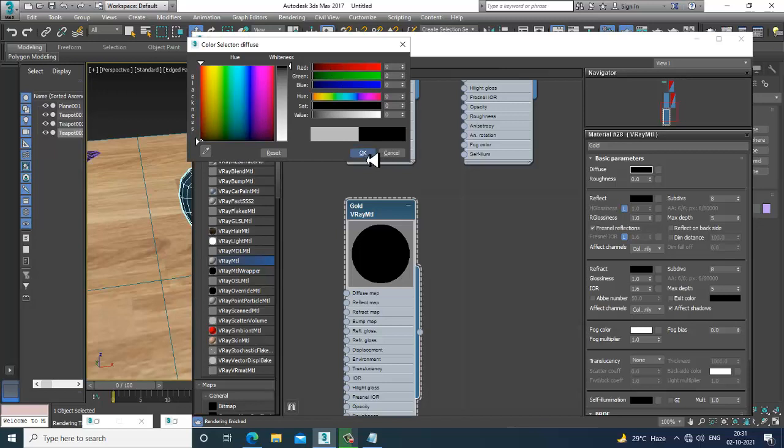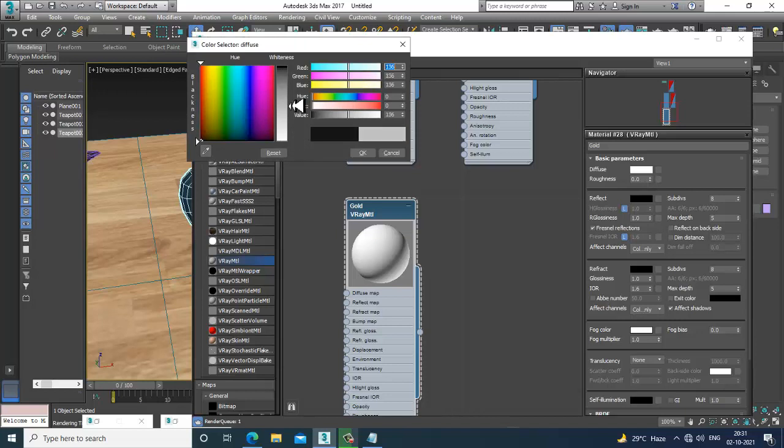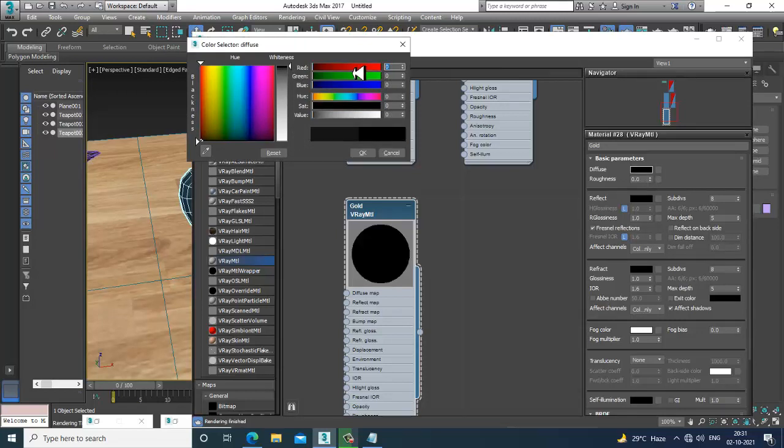If you go with 111, it will give you 255, that would be your white. So better, I'll set the value to 0 over here.